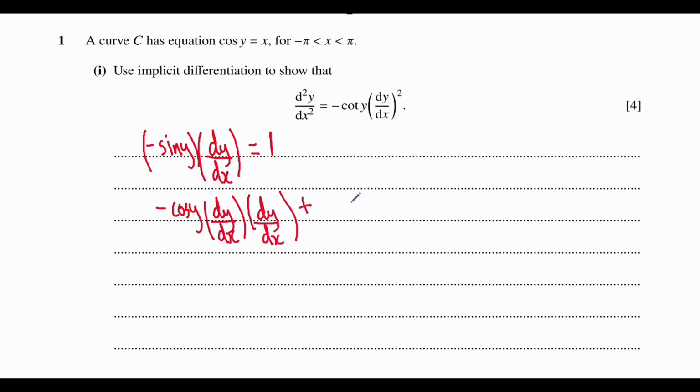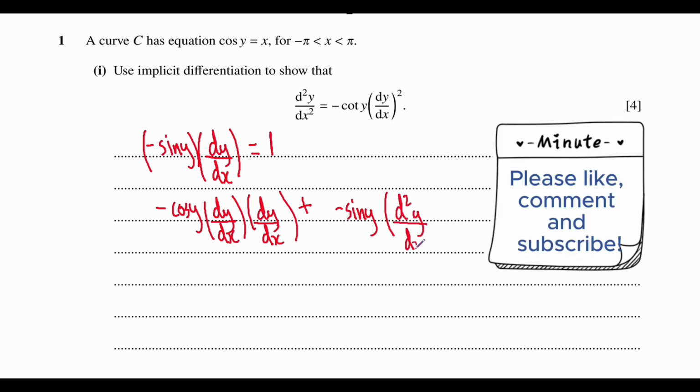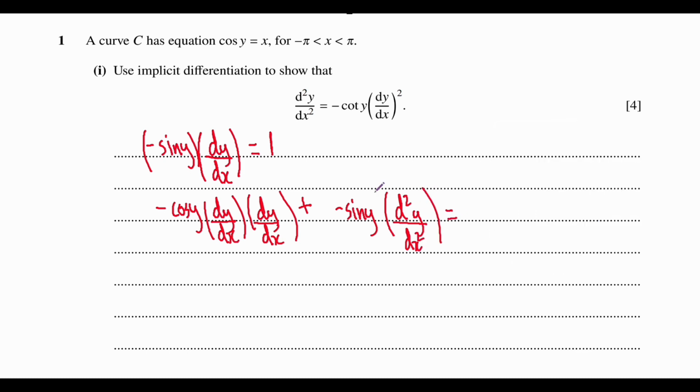Plus, well, you're left with negative sine y, which is the first function, we don't do anything with that. And you multiply it by the derivative with respect to x of dy by dx. Well, what's the derivative of a derivative? That's just the second derivative, right? So you just have the second derivative right here, d squared y by dx squared. And this is equal to the derivative of 1 with respect to x, that's just 0, because the derivative of a constant is just 0. Well, so now you have minus cosine y dy by dx all squared minus sine of y times the second derivative of y with respect to x